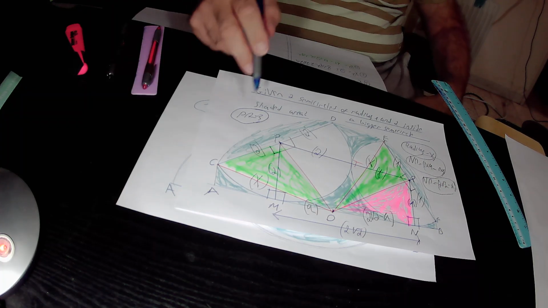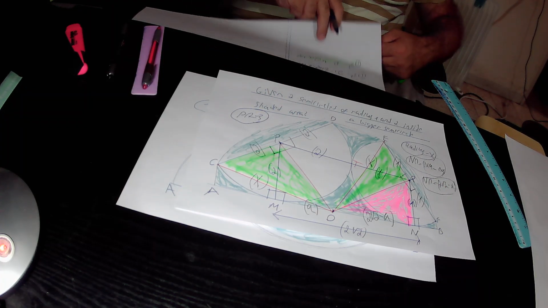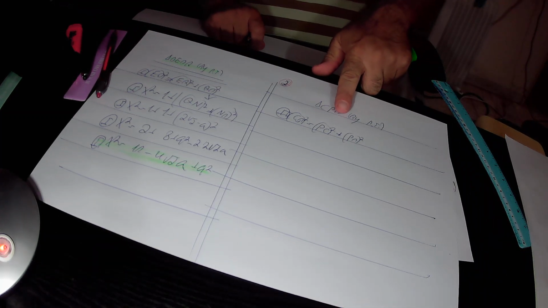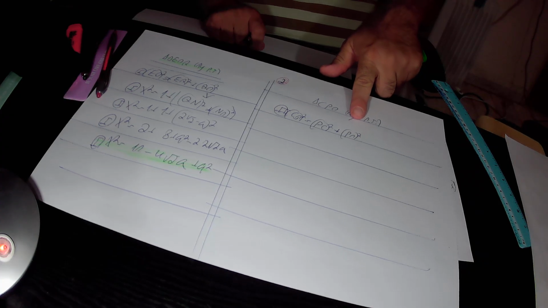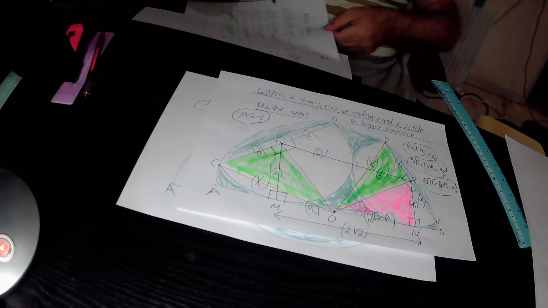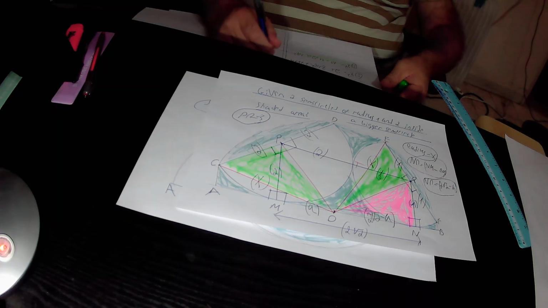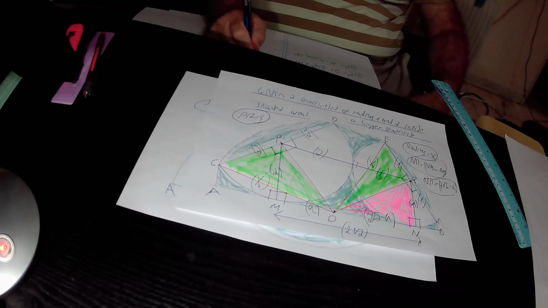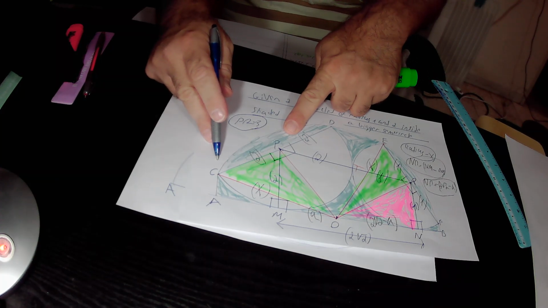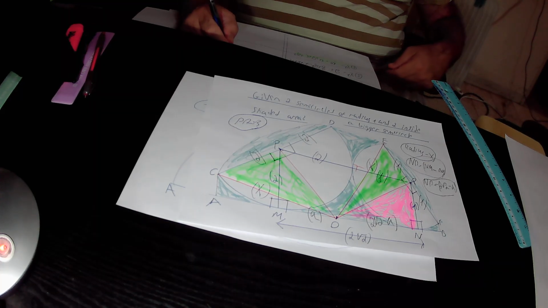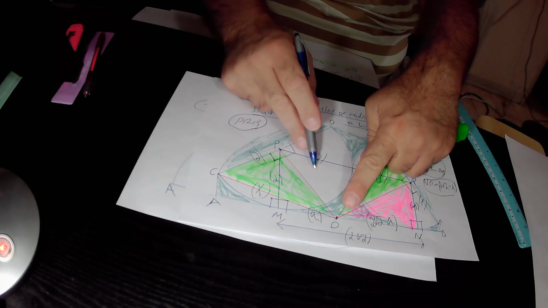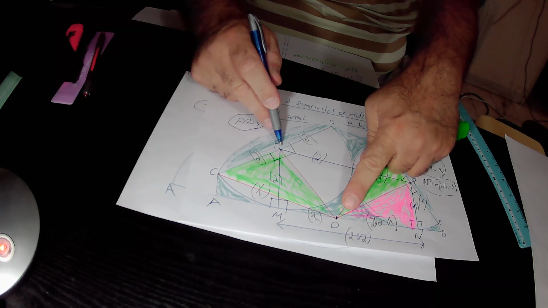And again, in this triangle CPO, according to the Pythagoras theorem, CO squared, that is the square of the hypotenuse, equals PC squared plus PO squared. CO is X, therefore CO squared is X squared, and it is equal to CP squared. CP is 2, therefore CP squared is 2 squared, that is 4, plus PO squared. PO is one side of this green right triangle CPO, but PO